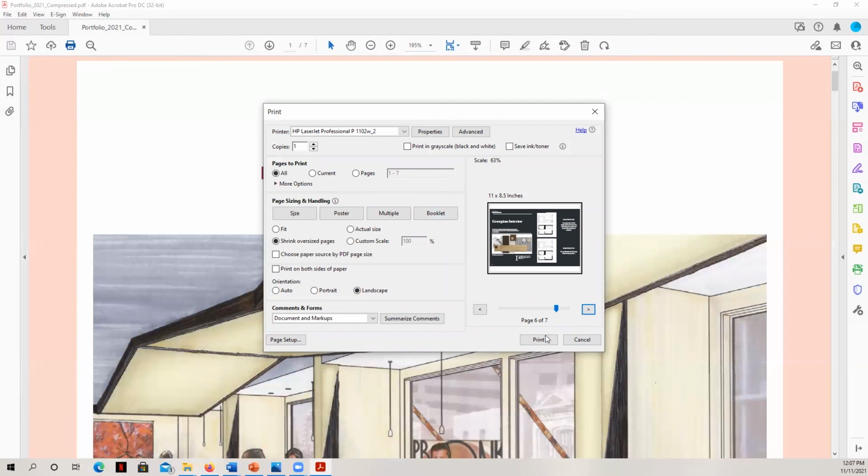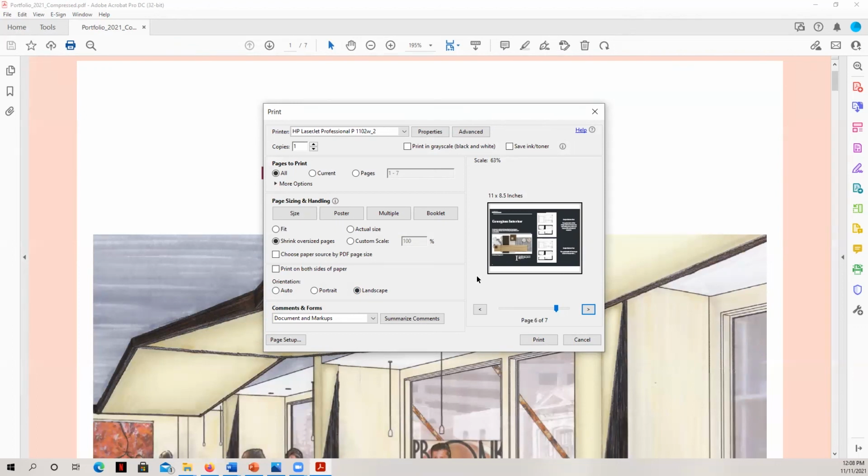But all I do is just hit that print button, and the only thing you have to be aware of if you're going to print this on a small desktop printer is it will take the computer a little time to print out these pages, and the printer may take 5 or 10 minutes to print each page. So if it doesn't just come straight out of your printer right away, be mindful that you don't have to keep printing over and over again. Just wait patiently, and the printer should send the paper out.